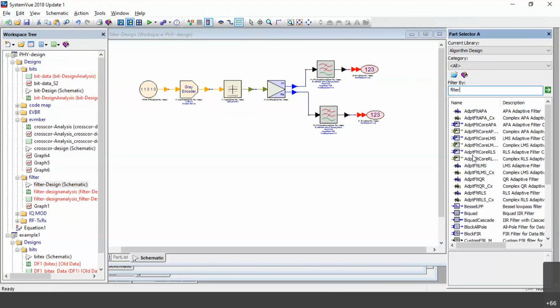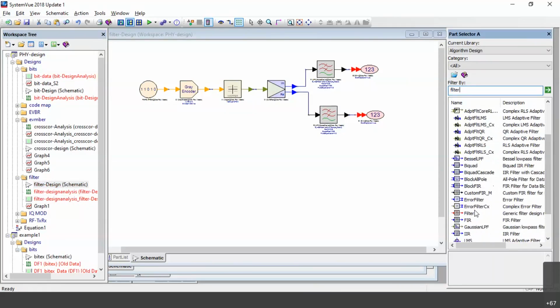You take low pass filter. Select where exactly the low pass filter is. If you are not able to find it, then you can use a general filter. Take this FILTR filter, generic filter. Take only one generic filter. I'll show this. Okay. And place it on the schematic.